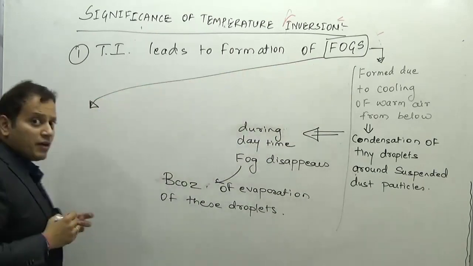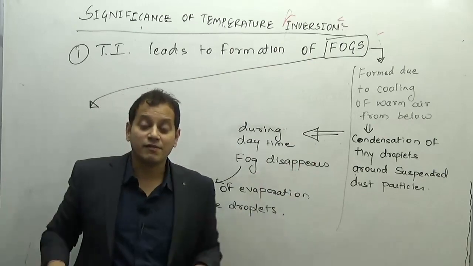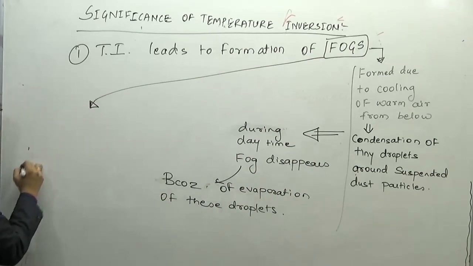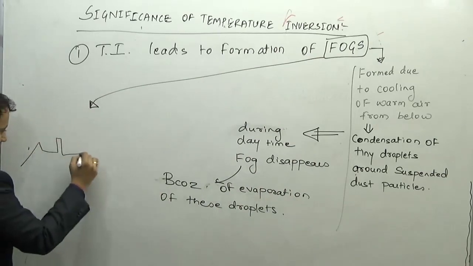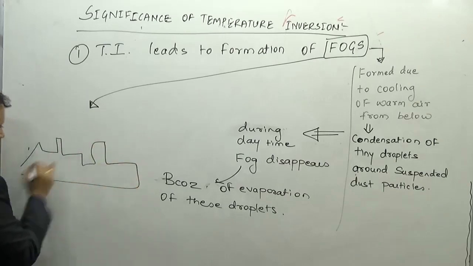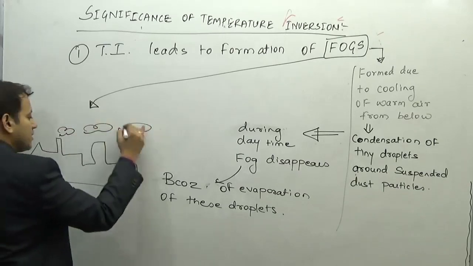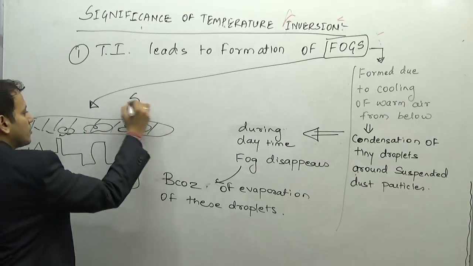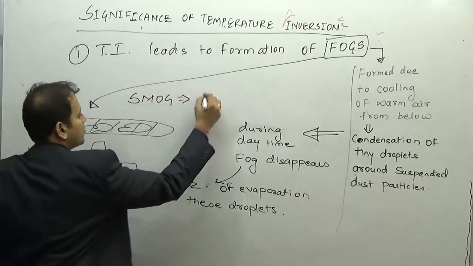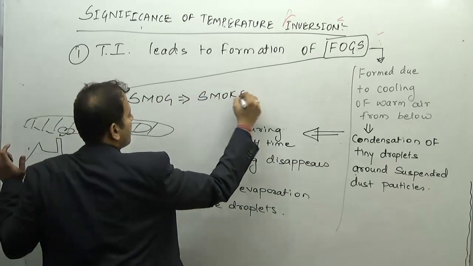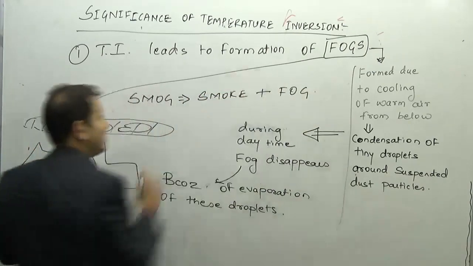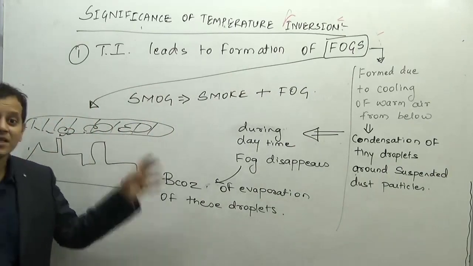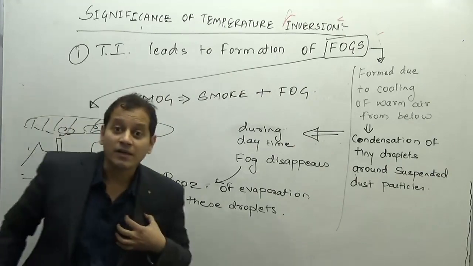Fog is a natural phenomenon, but what is happening in the cities? That is, there is a formation of a fog plus smoke from the industries comes. It mixes with the fog, resulting into formation of smog. So what is smog? It is smoke plus fog, which obviously consists of hazardous chemicals, hazardous particles which we inhale and poison our lungs,